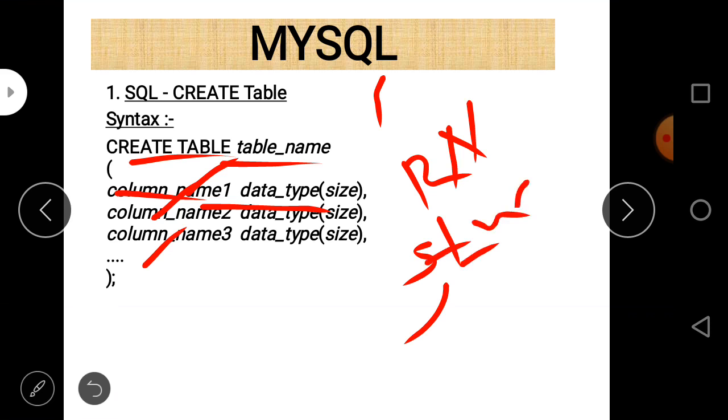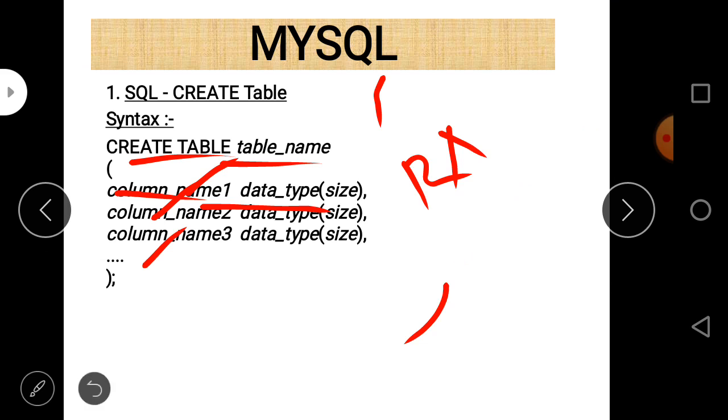So all rules that are used to declare identifiers must be followed. It means alphabets, different alphabets can be used, capital, small letters, numbers, different numbers can be used, and as far as special symbol is concerned, only underscore is valid. So you can take underscore, and you can easily take a small identifier